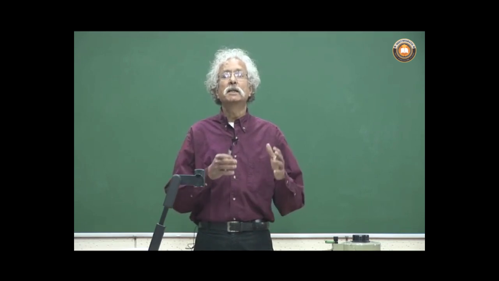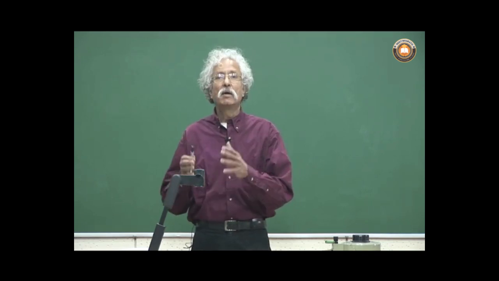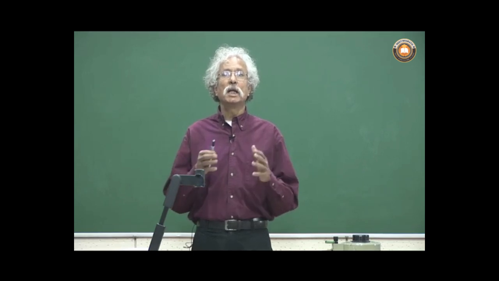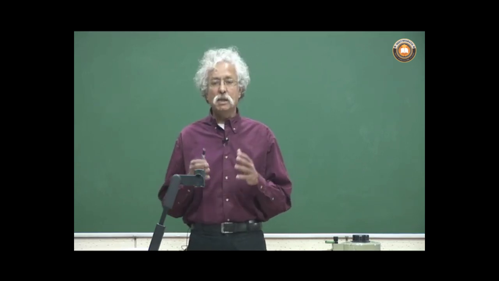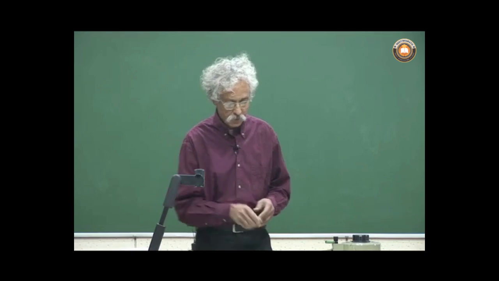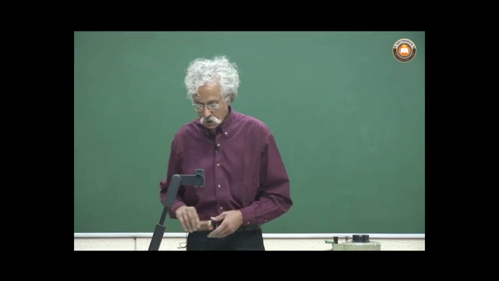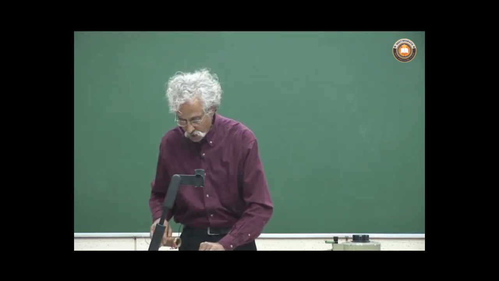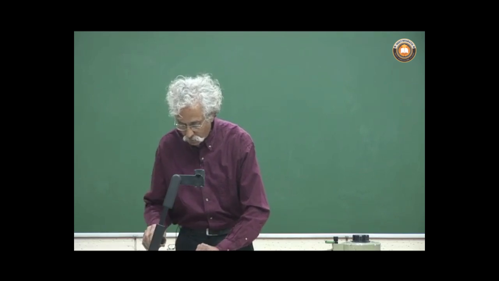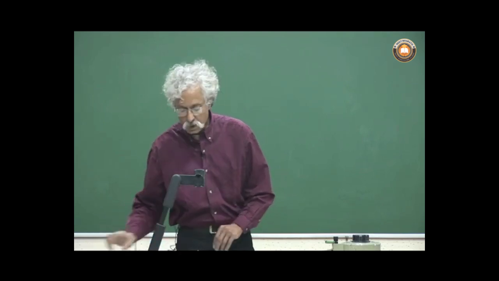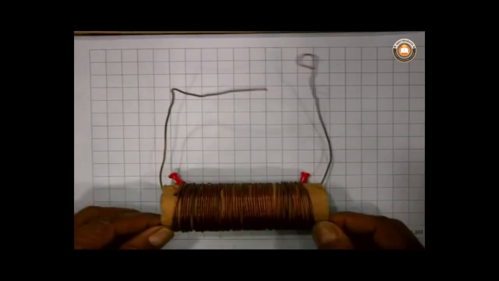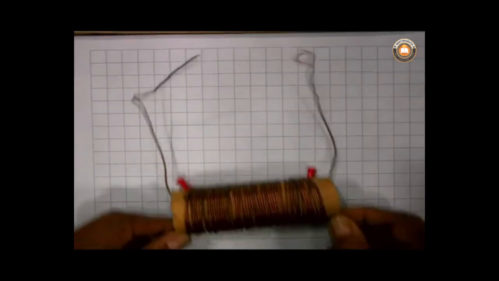We have till now studied that currents produce magnetic fields. I will now show you that it is also possible to generate currents using magnetic fields, but under certain situations. Let me first show you a solenoid which I have wound by taking a piece of copper wire. Here is a solenoid, and these are the two ends, and you can see there are windings around